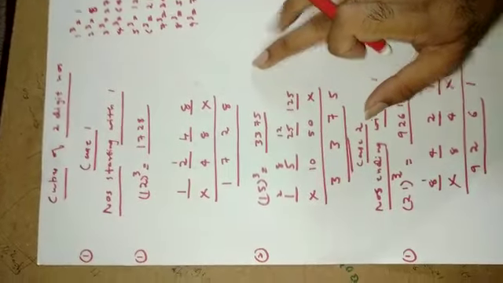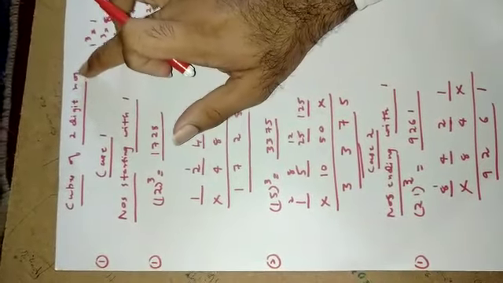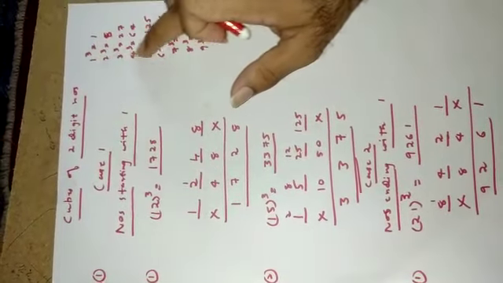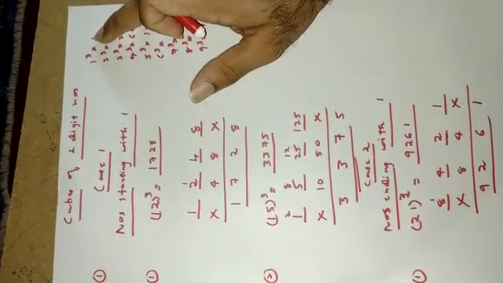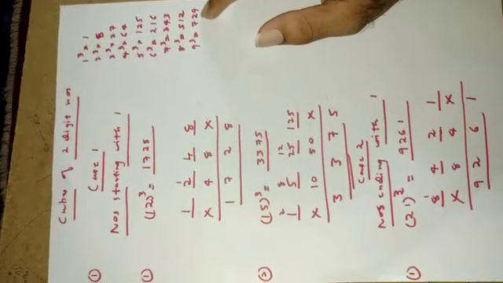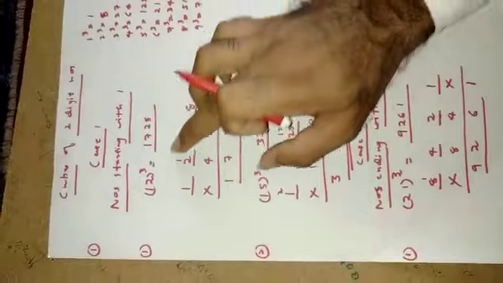Good morning. The next topic is cube of two-digit numbers. The first thing we need to know here is the cube of numbers till 9. 1 cube is 1, 2 cube is 8, 3 cube is 27. Similarly, 9 cube is equal to 729. Let's go to the first problem.